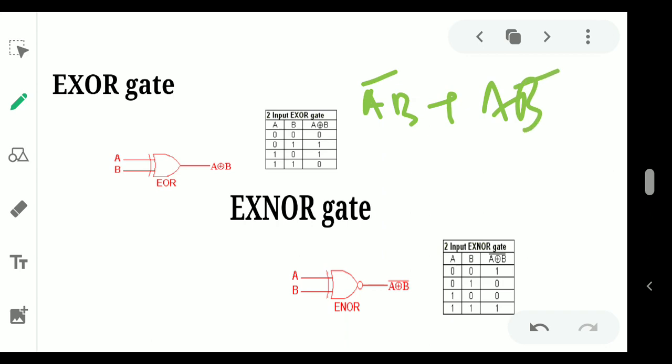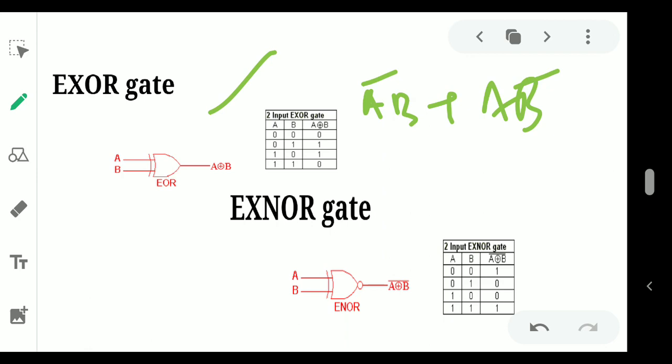Okay, so just remember one trick over here when you draw the truth table: whenever there is an odd number of 1s, you are getting 1 as the output. See, whenever both are 0, the output is 0. Here 0 and 1, only a single 1, an odd number of 1s, then you are getting 1. 1 and 0, a single 1, odd number, output 1. But here 1 1, in both cases 1 is there, so we are getting 0. Simply remember the trick when you design this table, that whenever there is an odd number of 1s, you are getting 1 in the output.